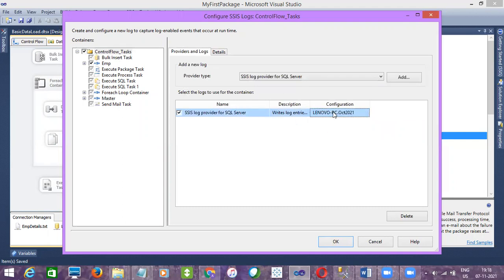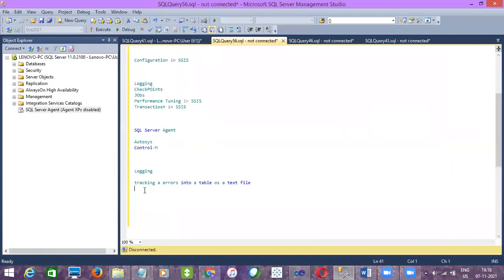If I choose this one, Lenovo PC server October 2021, my log table will be created. That log table is nothing but sys SSIS log. The sysssislog table will be created automatically if you use SQL Server logging, right?